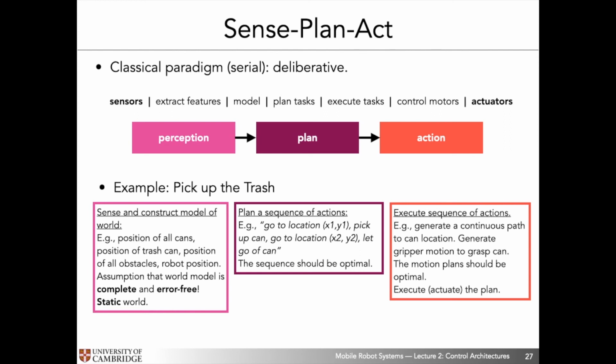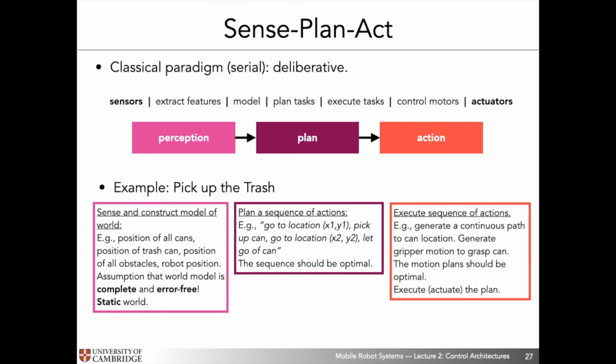Everything that needs to be done is, for example, we need to position all of the cans, we need to position the trash can, we need to position all the obstacles, and we need to know where the robot is, right? And this is built on the assumption or the requirement that the model of this world is complete and error-free, right? So we need what we perceive to correspond to the reality, and we need the world to be static. So if we're not rebuilding our perception module continuously, or for example concurrently, the world needs to